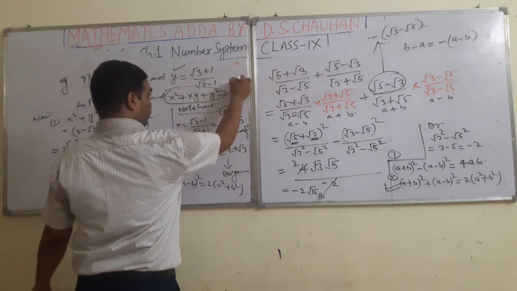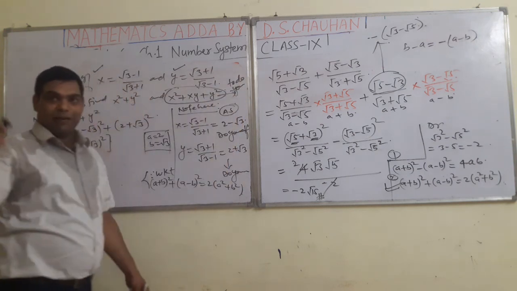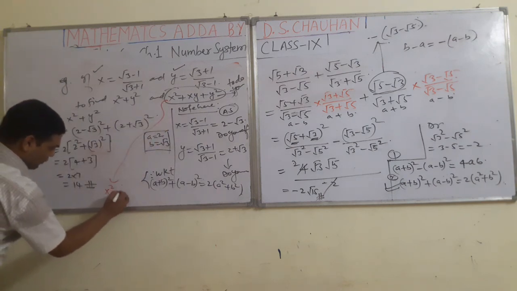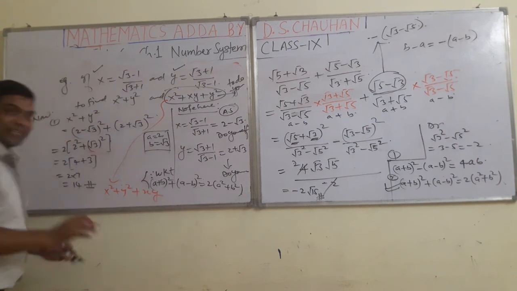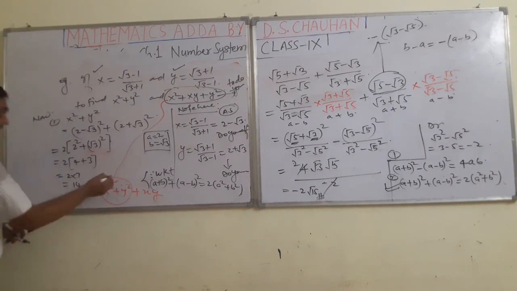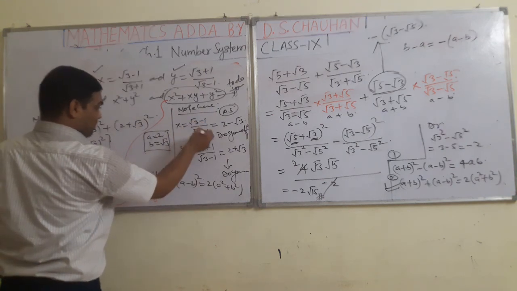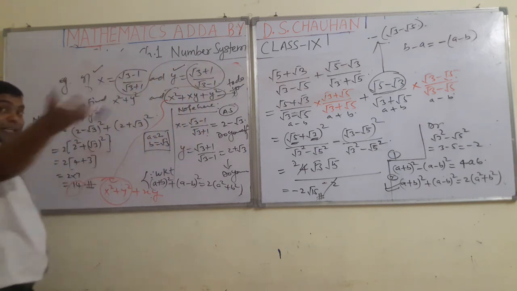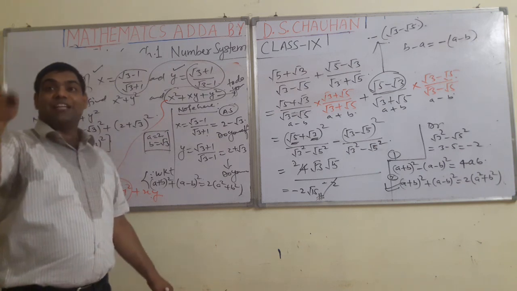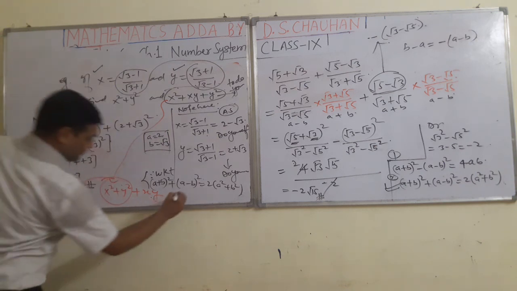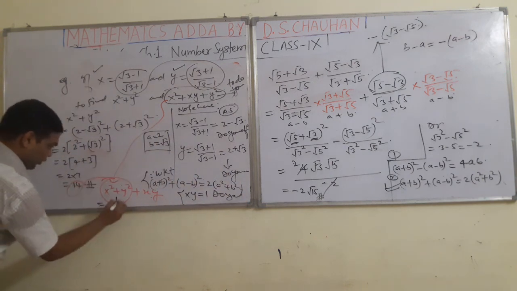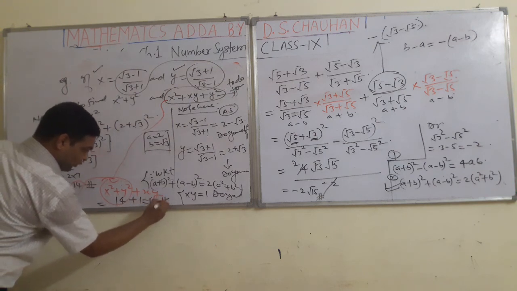Students, I am leaving this thing for you. You have to do it yourself. Easily you can proceed in my way. How? I am telling you, you can take a hint. This can be written as x square plus y square plus xy. The value of x square plus y square is already here. What is this? 14. And xy means multiplication of these. See, this is the reciprocal of this. If you multiply a number by its reciprocal, you always get 1. So xy is 1. So this is 14 plus 1. It will come 15. Do it yourself.